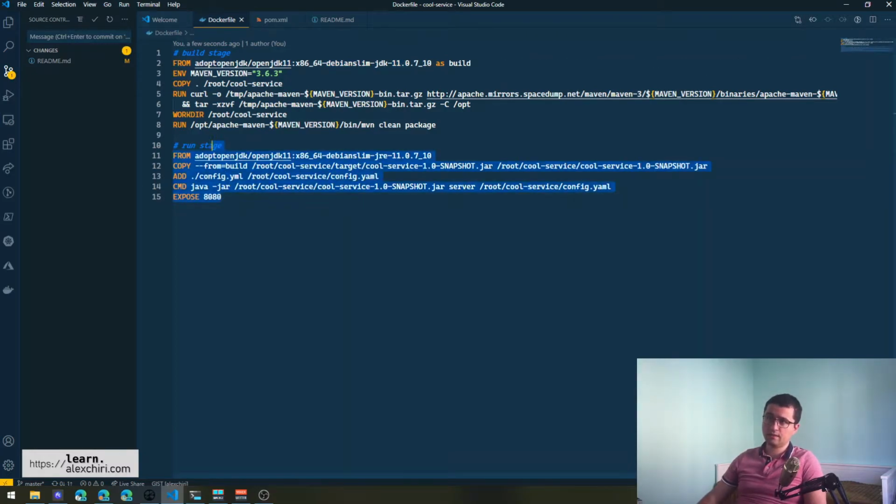Now you notice that this Dockerfile has two stages, and Docker multi-stage Dockerfiles have been introduced, I think, somewhere in version 17, I believe. And it allows you to basically split the Dockerfile in multiple stages. Why would this be interesting? Well,